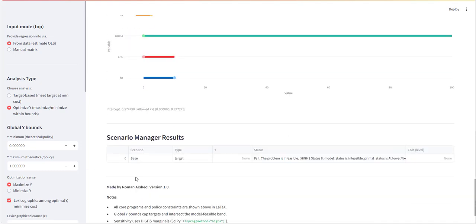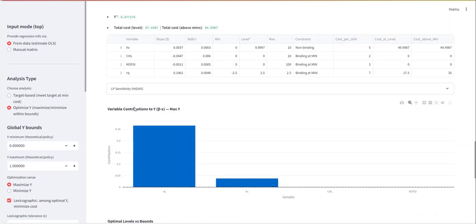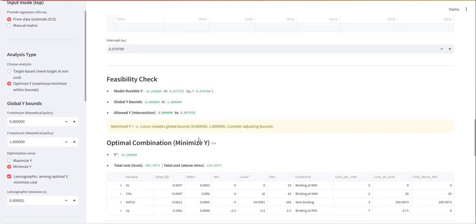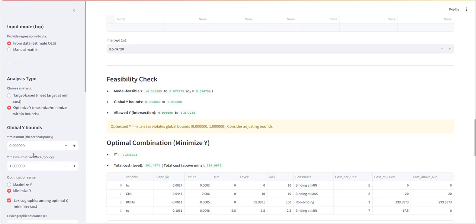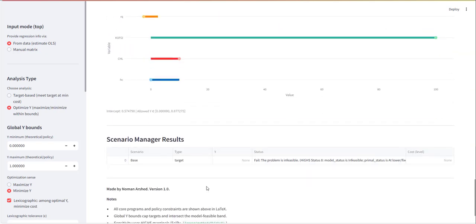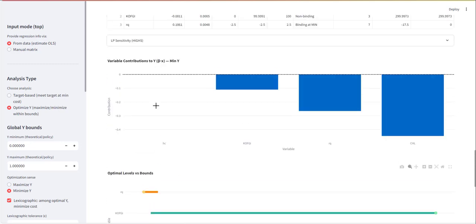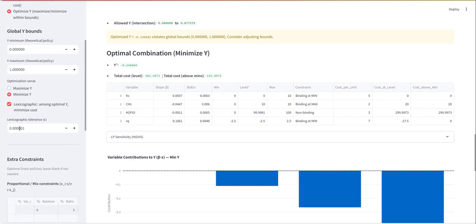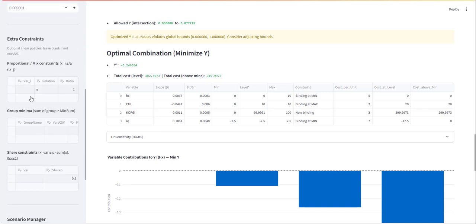Technically it will be the same answer because we are maximizing, but if I say minimize y, it will update. It can say that it can minimize to minus 2.4, but you cannot do so. So it will stop there; it will not go to that point. It is still bounded, so it will go till 0. Another thing you can add is allowing the error, lexicographic tolerance, and you can add more constraints for your independent variable, like saying that a particular independent variable should not be